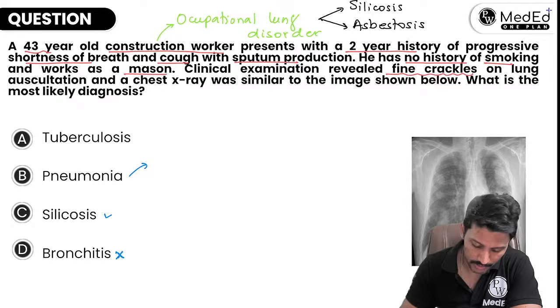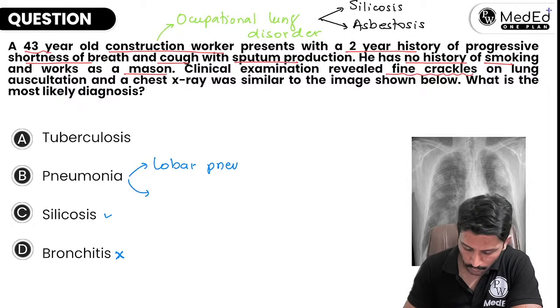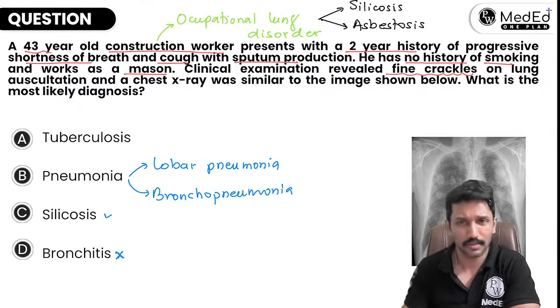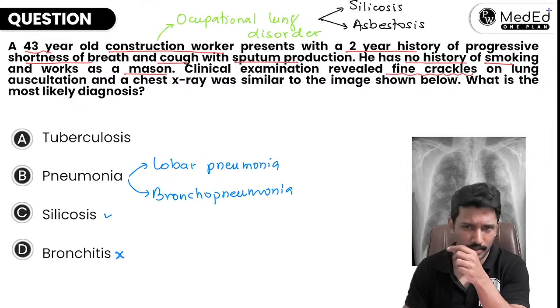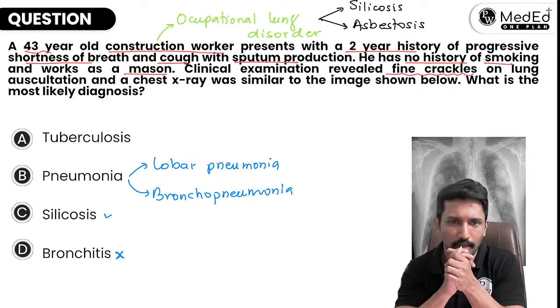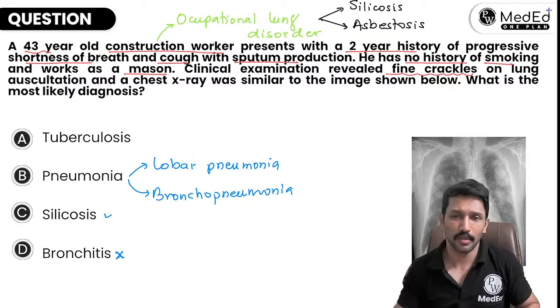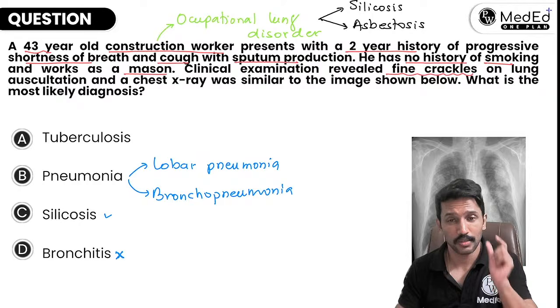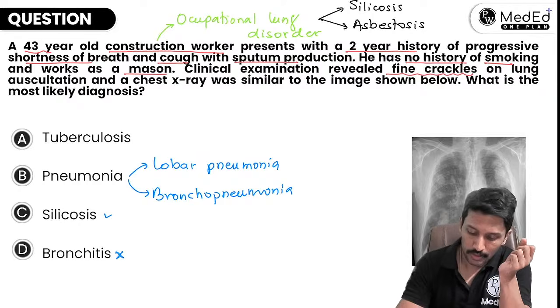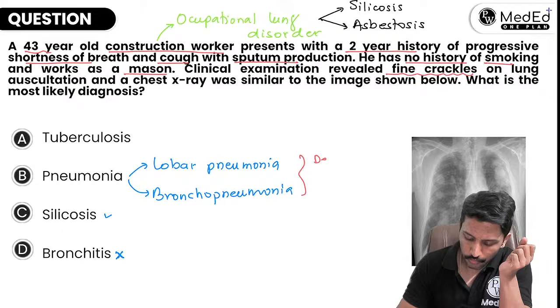Pneumonia will be of two patterns. One of them is called lobar pneumonia. The other one is called bronchopneumonia. In bronchopneumonia, there will be patchy opacities spread across the lung, somewhat similar to what you're getting on the X-ray, not exactly like that, but somewhat similar. In lobar pneumonia, one lobe will be affected, and from radiology, you know that lobar pneumonia will have the definitive sign